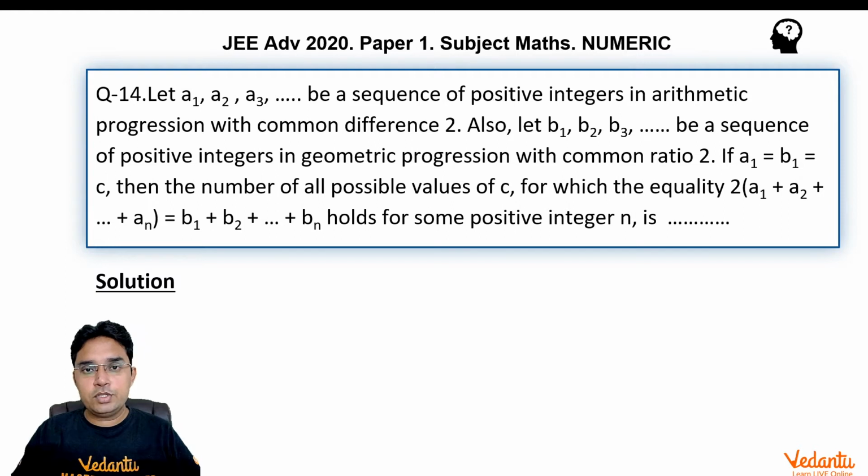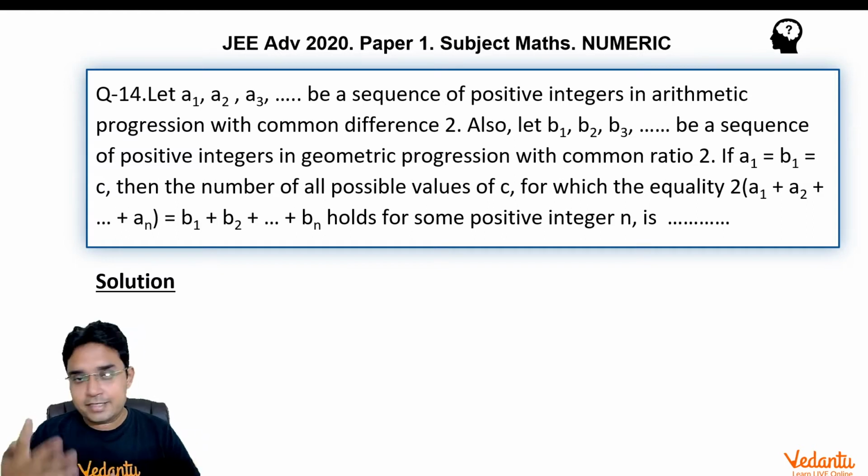I am presenting you the solutions of JEE Advanced 2020. This is question number 14 from paper 1. This question is from the topic sequence and series, where JEE Advanced has given an additional concept of number system to be used in this question to solve it, which makes this question a little challenging and interesting, and we expect JEE to give at least one or two such questions every year in their paper. Let us see what this question is.